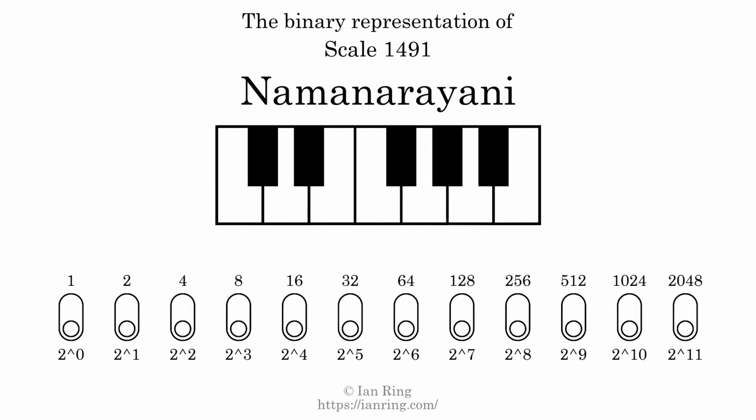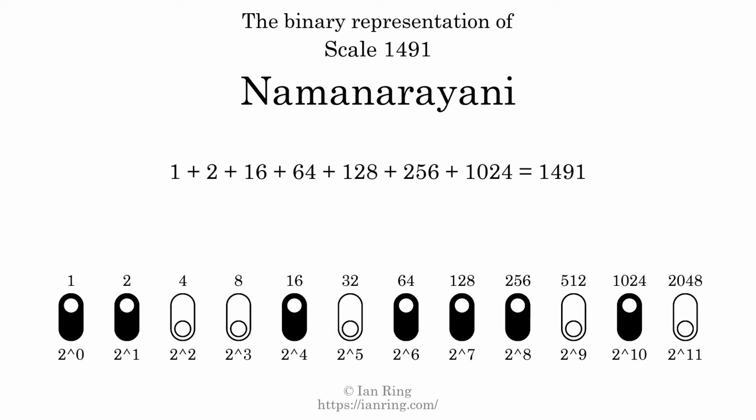The binary representation of this scale is determined by mapping tones of the scale to binary digits. Each binary digit represents a power of 2. To get the scale number, we add the powers of 2 together. The powers of 2 that are present in the scale, all added together, equals 1491. That is why the scale number, in decimal, is